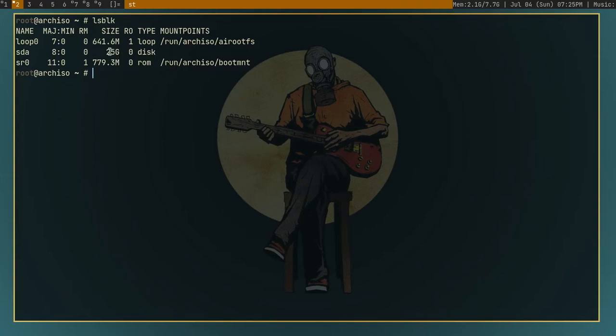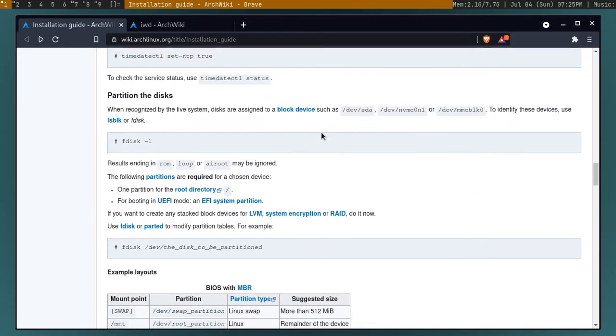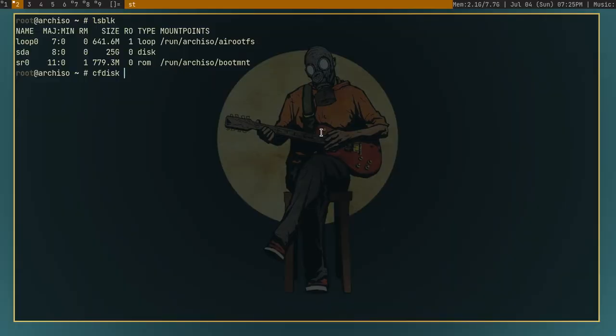As I made the virtual machine, I gave 25 GB to the disk, and I'm going to install Arch Linux on this disk. Okay, so I'm going to use CFDisk. The installation guide says fdisk, but I find CFDisk to be a little bit more intuitive, so I'm just going to use CFDisk, and then you can just type CFDisk and then the path of your disk, which is /dev